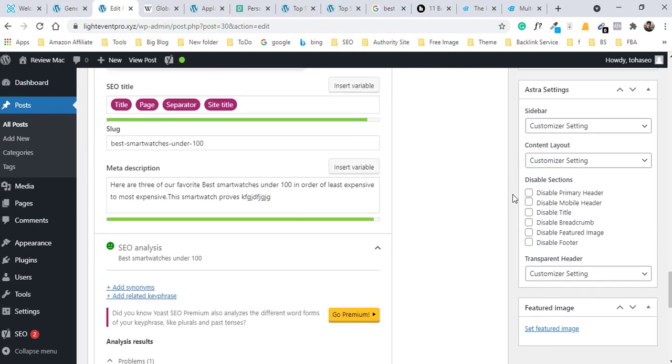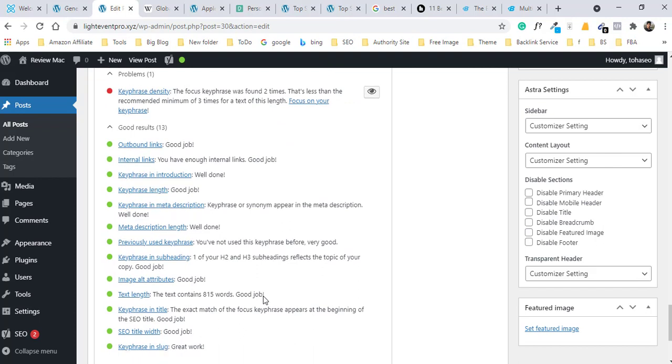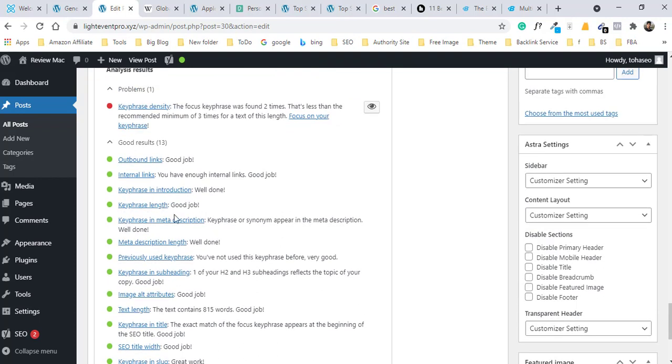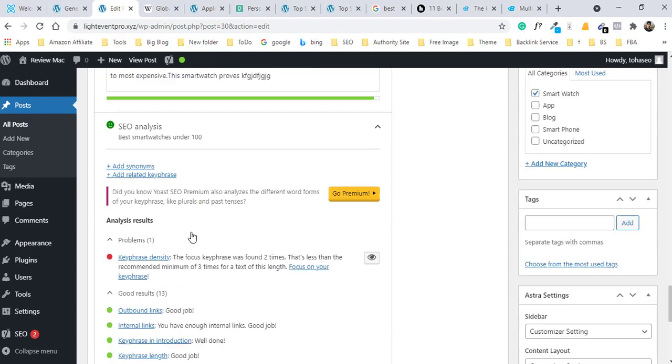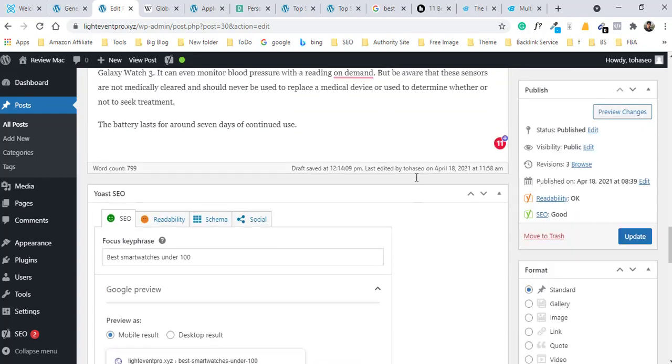Okay, now I add keyword in subheading. Now it's also green. So you see most of them are already green, but I did not follow these rules.